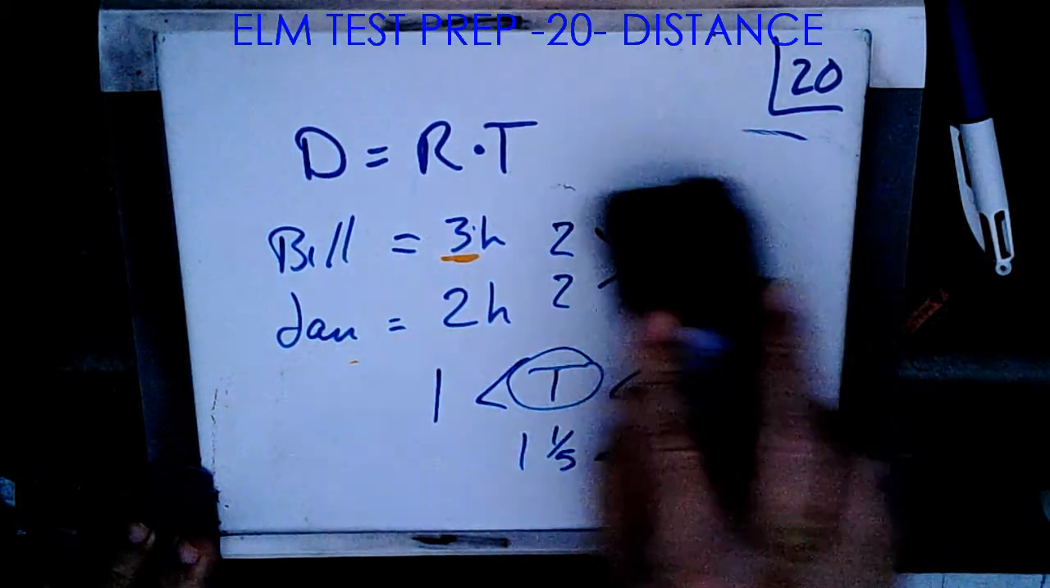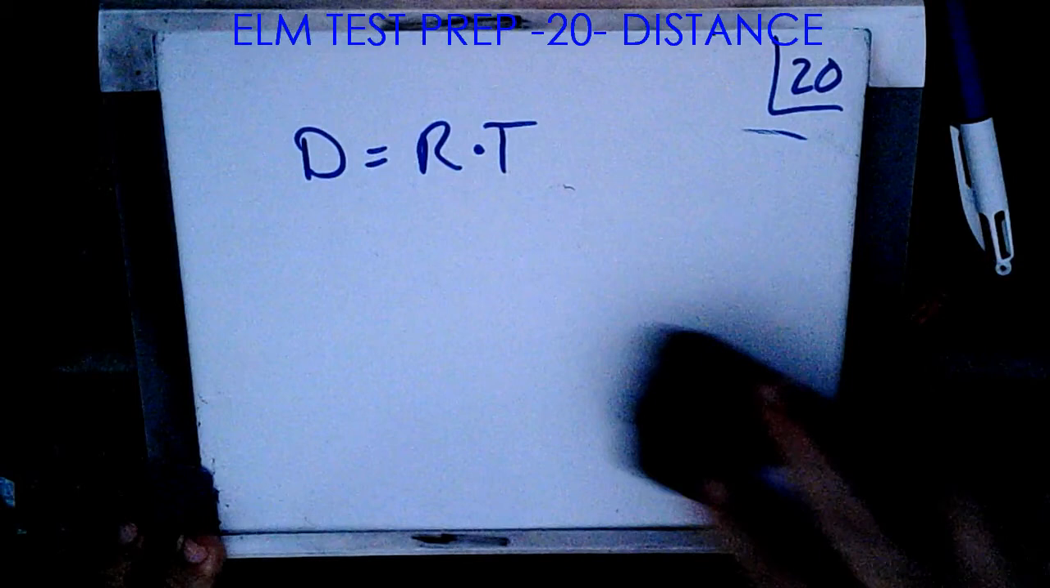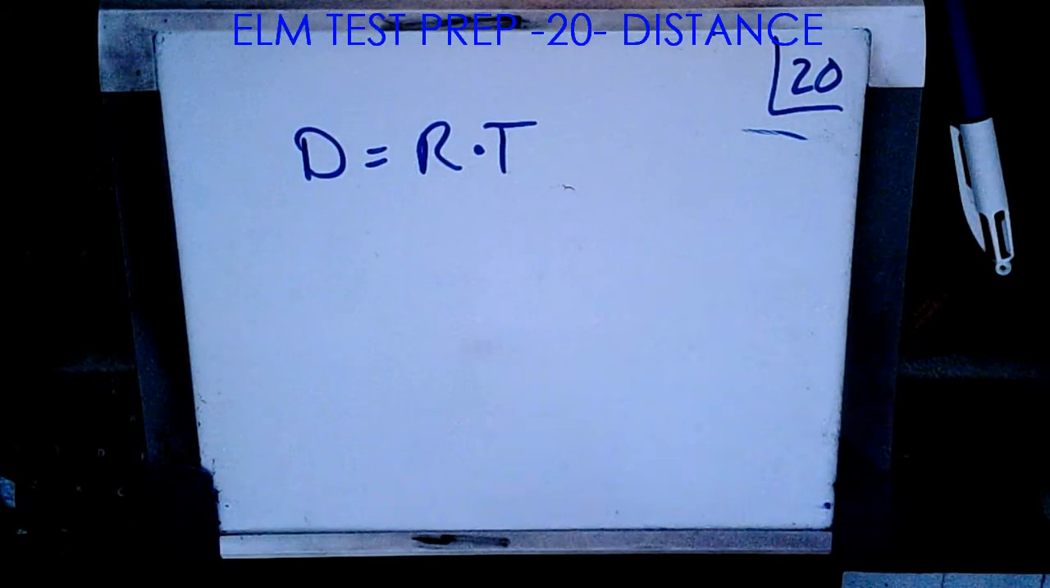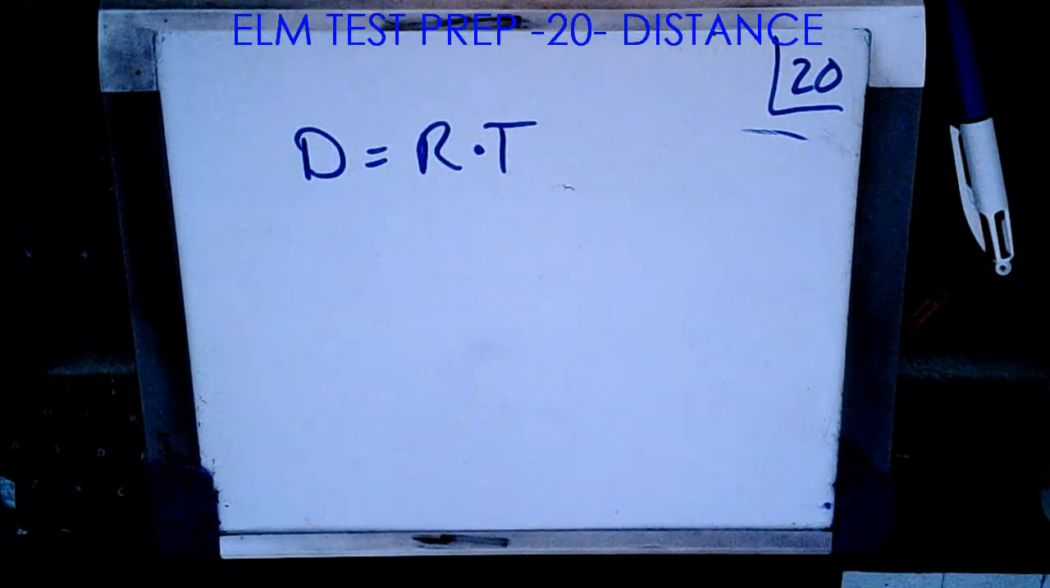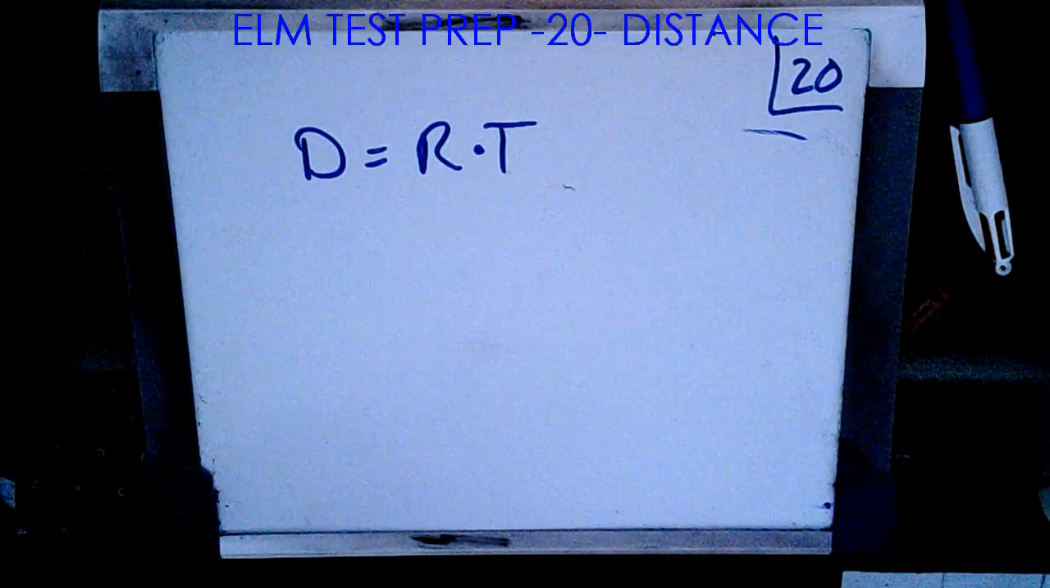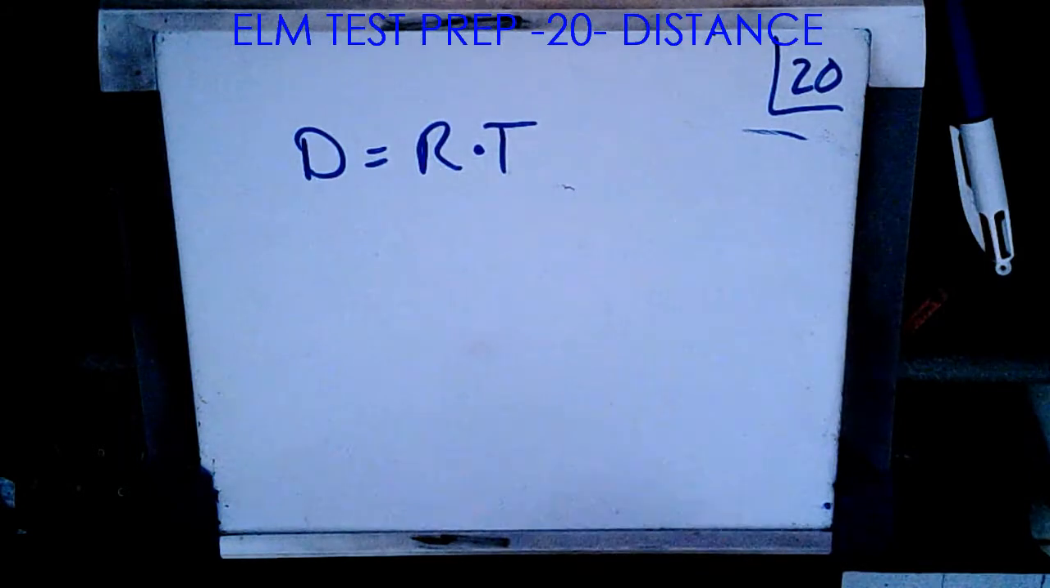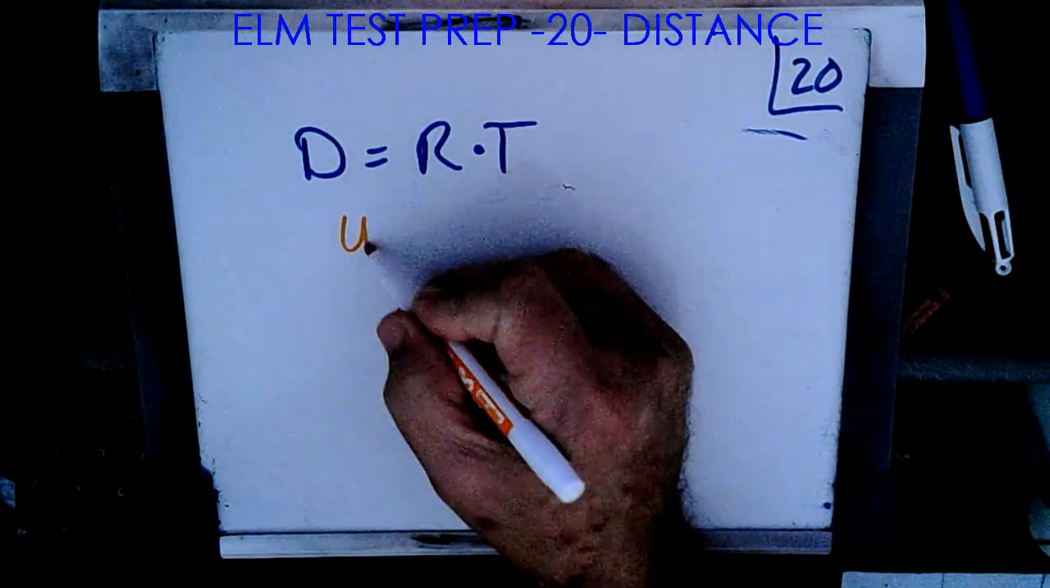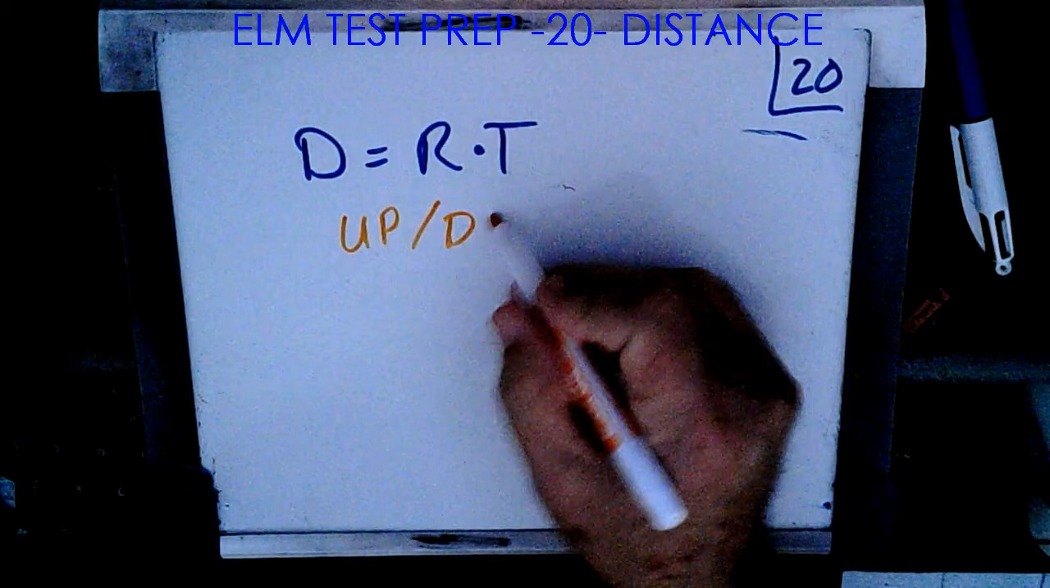Alright, so that is a work-related problem where something happens and two people can do it individually at a certain time, but they work together. Okay, so one of the other typical problems is what we call upstream downstream,